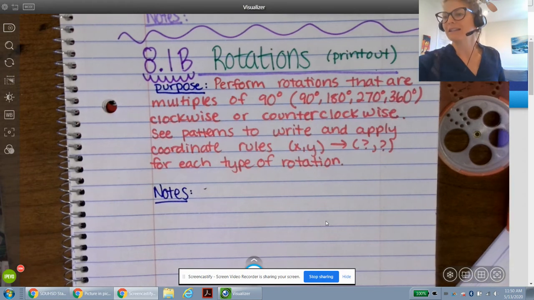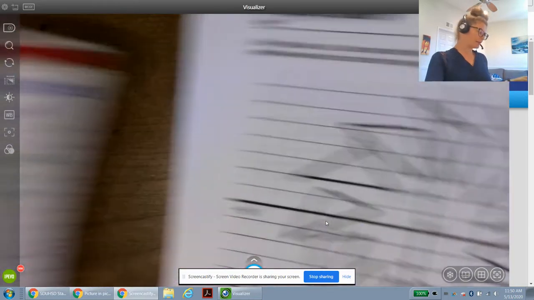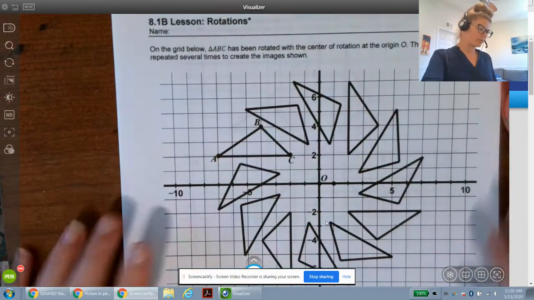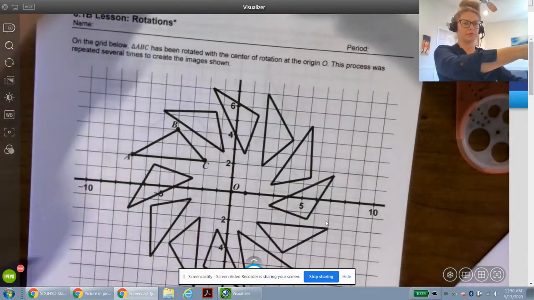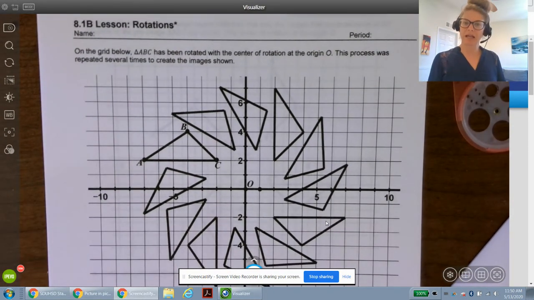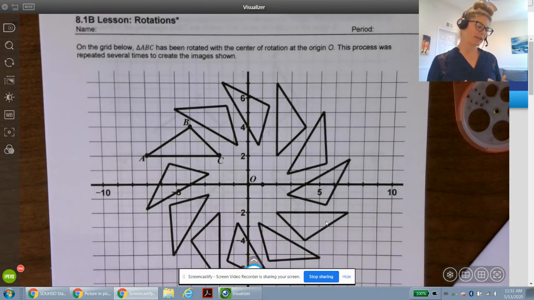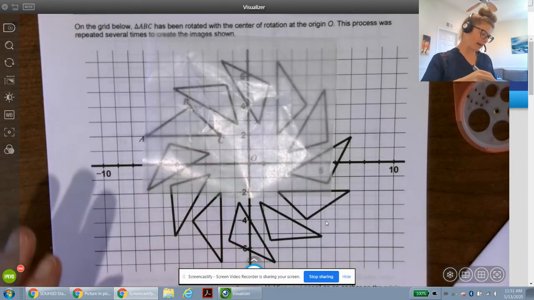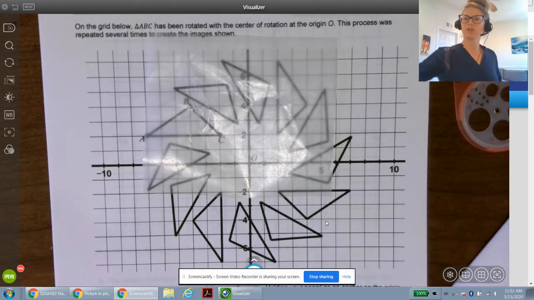Move these scissors out of my way. 8.1b, rotations. So on the grid below, triangle ABC has been rotated with the center of rotation at the origin O. This process was repeated several times to create the images shown. And just to prove that, if I took my shape,